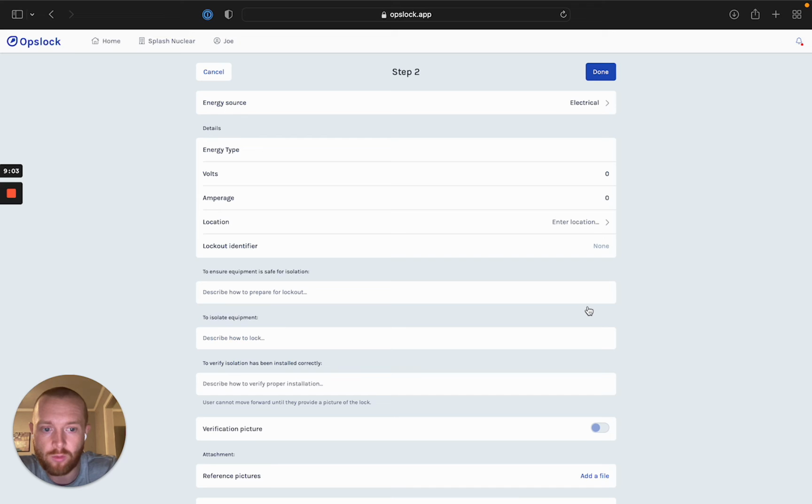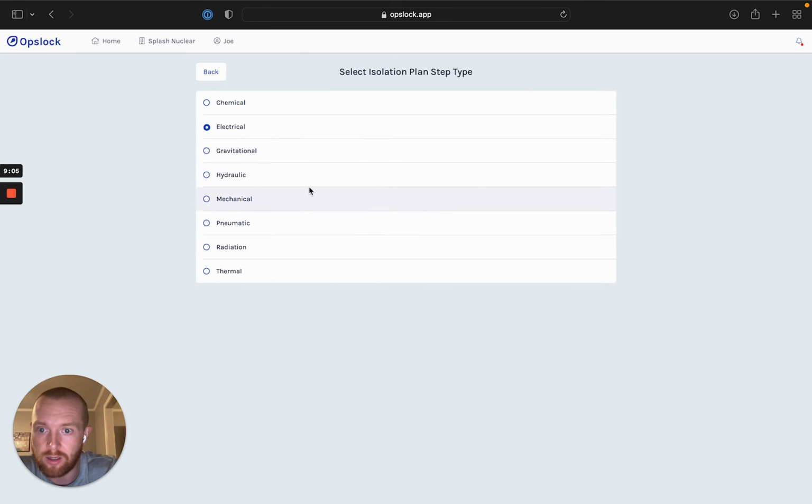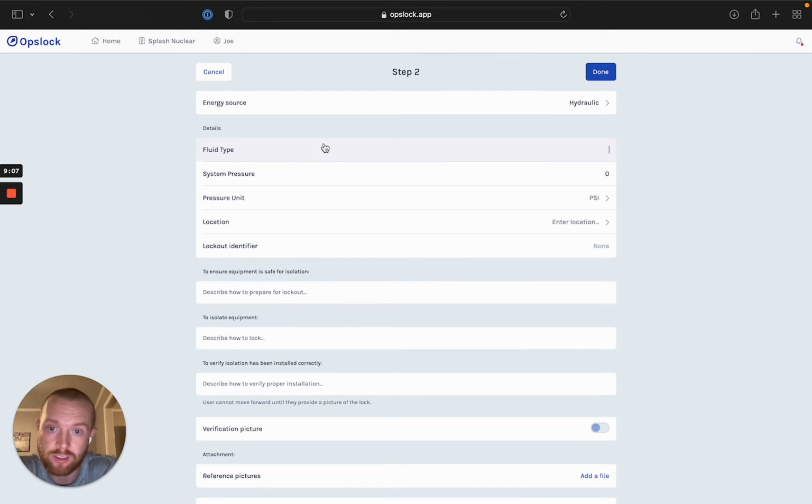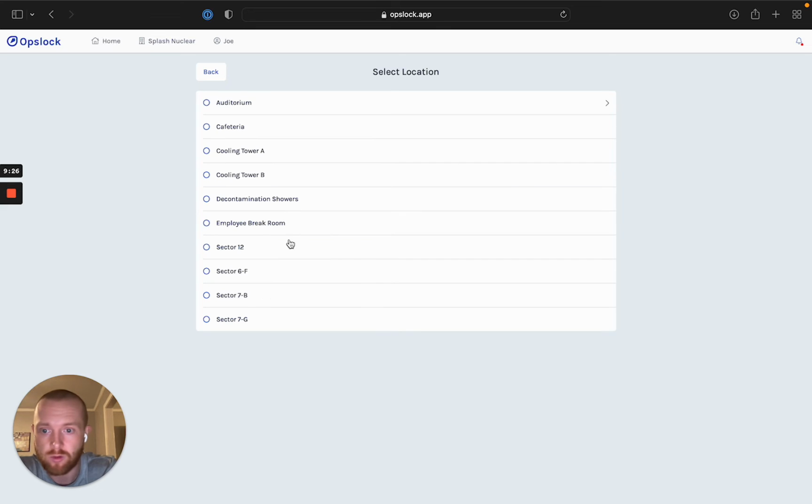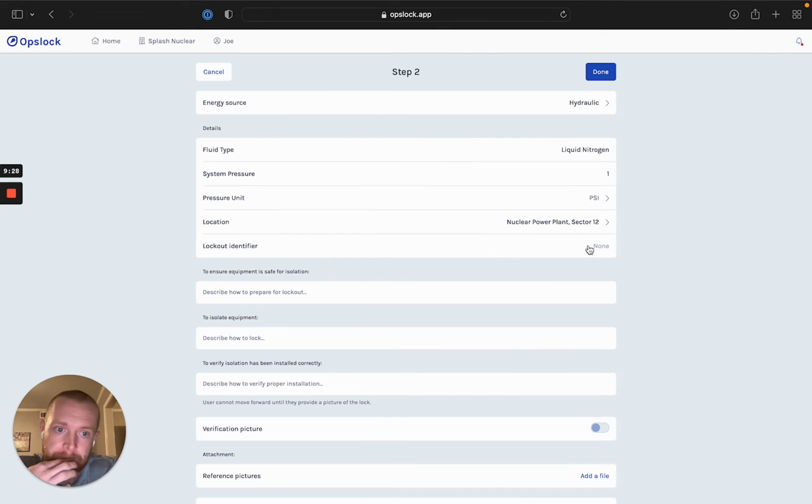Let me add another one. Let me make this one hydraulic so you can just see that difference. So in this case, we've got pressurized liquid nitrogen. System pressure is very low, 1 psi. We can choose other pressure units if those have been provided. Choose our location. So I'll put this in another place, and I'll give it